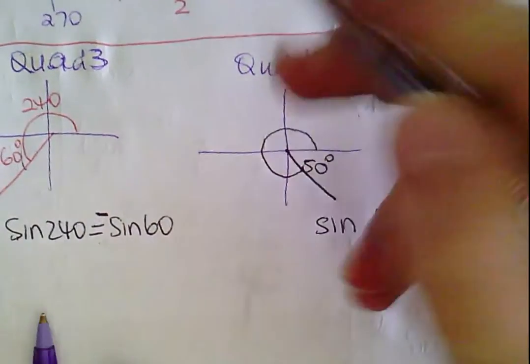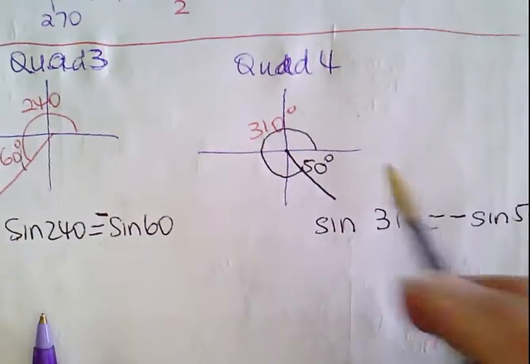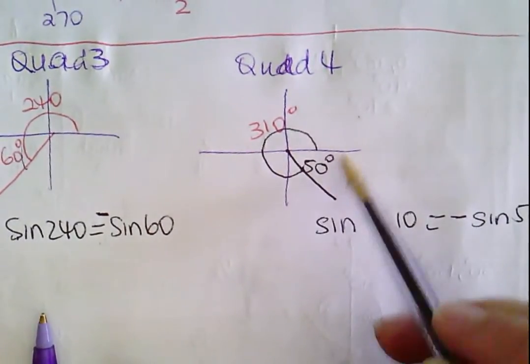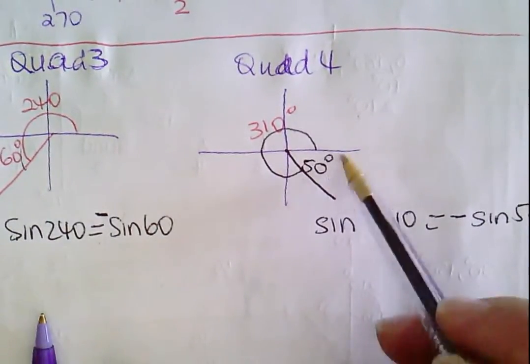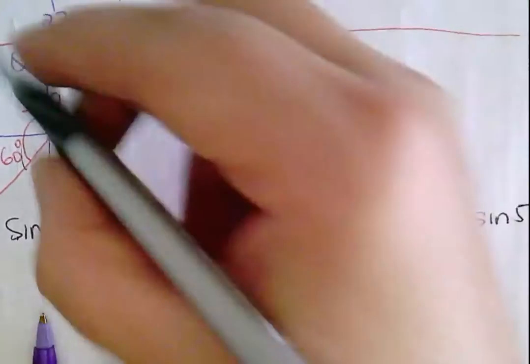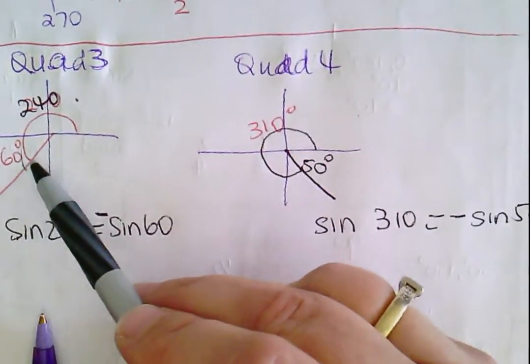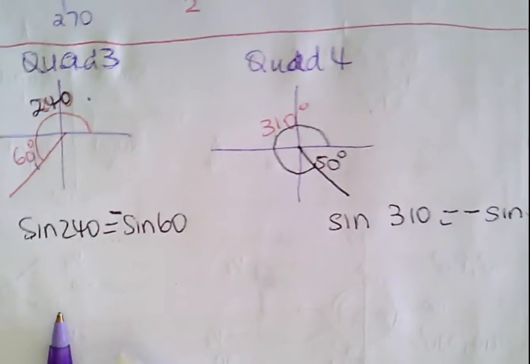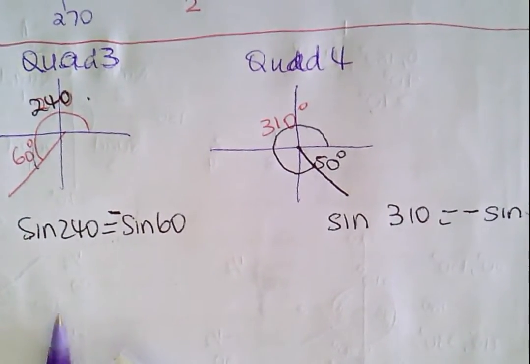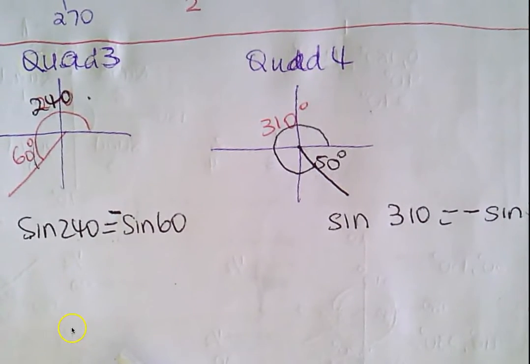Okay, so here the 310's all the way around there, but I'm not interested in the 310. I want to know when you're in this quadrant what that little bit there is. Here, I know we got the 240, but that's 180 plus that extra little bit, and it's that extra little bit that I'm worried about. Okay. They're the same as